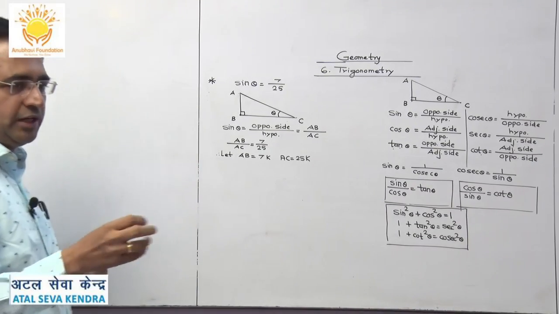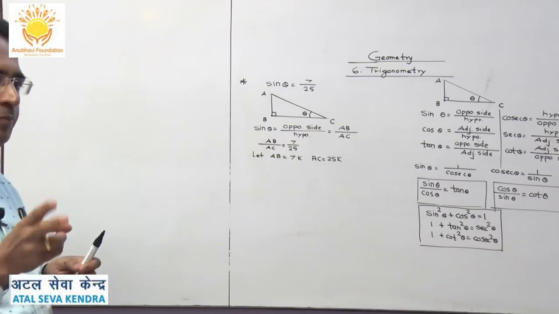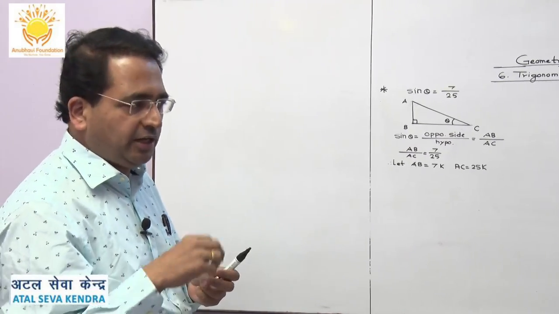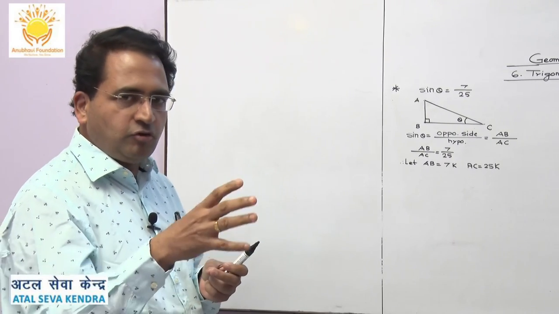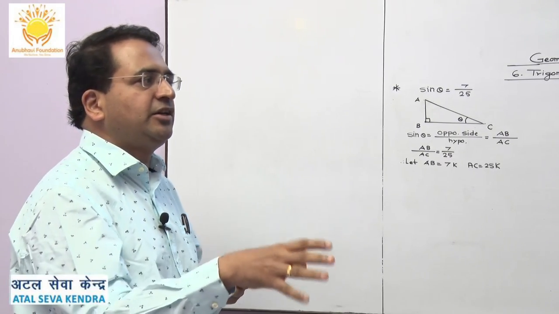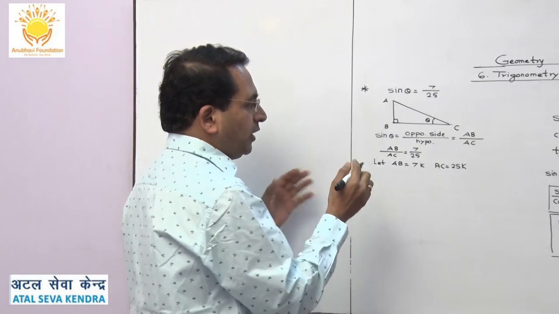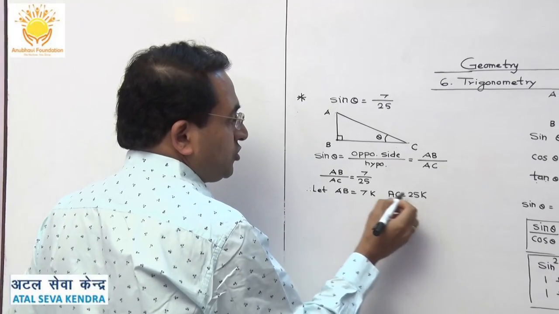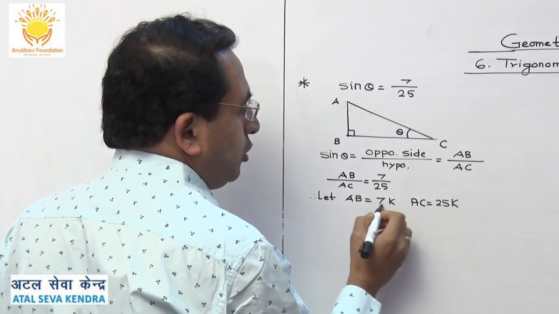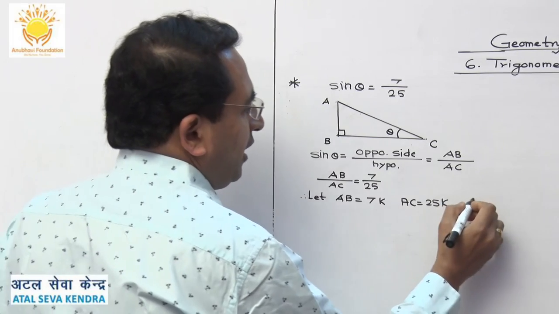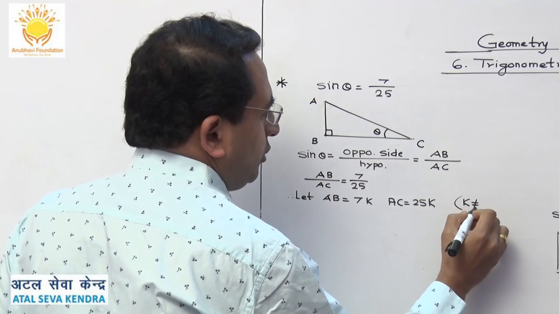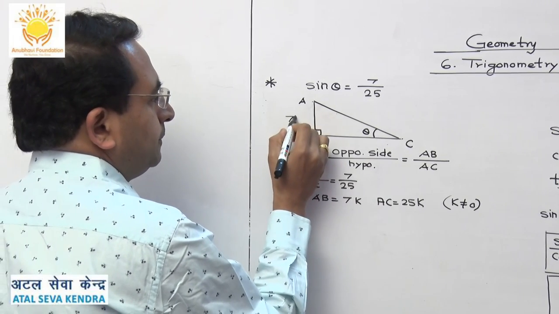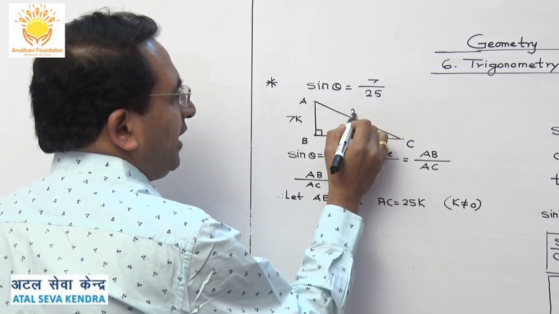Now as you know that if suppose I give that two people are having their ages in the ratio 7:13, then we assume ages as 7x and 13x. Now here what happens? AB is coming as 7k. I am considering k as a common non-zero multiple where we have to write k is not equal to 0. So what I will do, I will write 7k here and 25k over here.